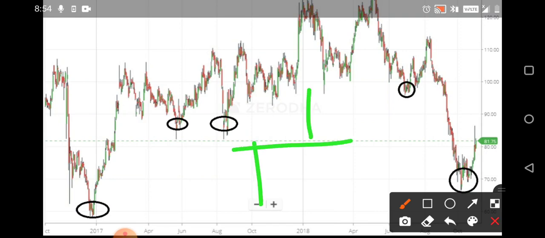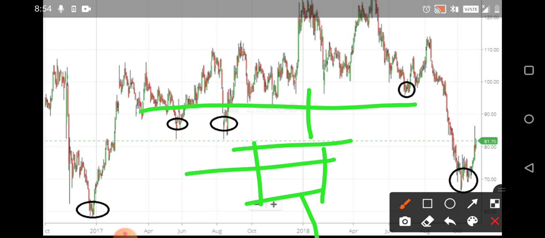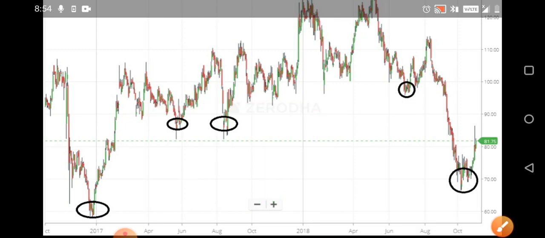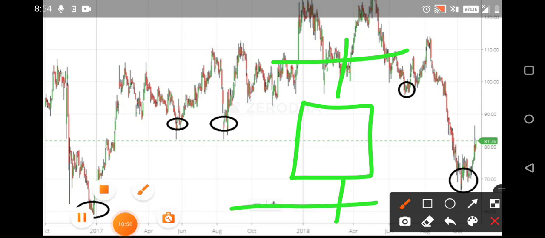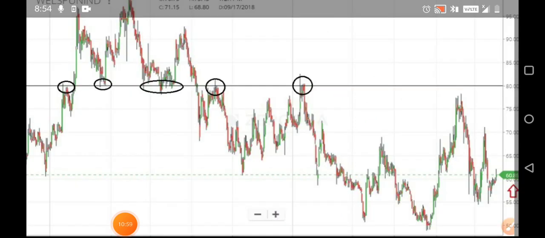So we know that a candle will be present like this, right? You need to draw the lines in such a way that they cross the wicks, not the body. Whenever you're drawing any line, make sure that you're not drawing the line across the candle body, but across the wicks of the candle. So that is very important. These are wicks, so the line should cross the wicks but not the candle body. Okay, so in this way we draw the line.